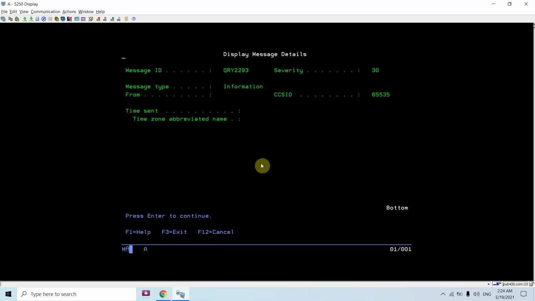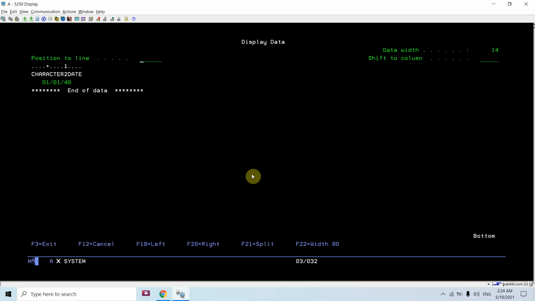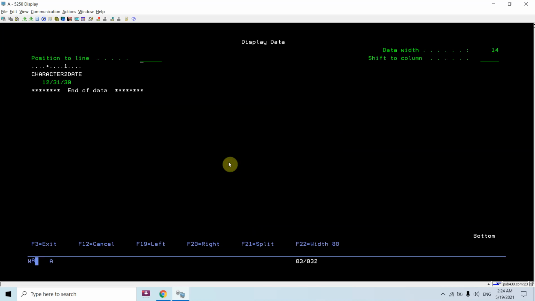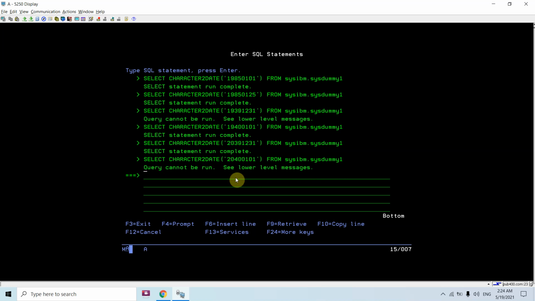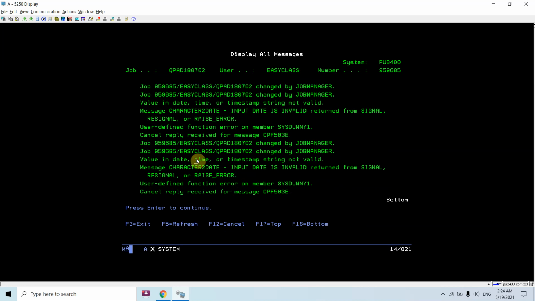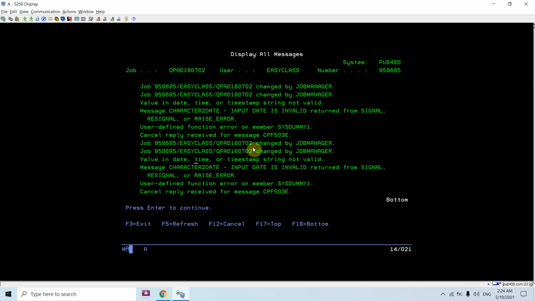So basically the date we pass is 1939. If it was 1940, we won't get an error. The same way, if it is 2039 1231, we won't get an error, but if it becomes 2040 0101, we will get the error that it is not in limit. As we can see, the range is this for these types of date formats, and we are also getting our message which is returned from the signal.